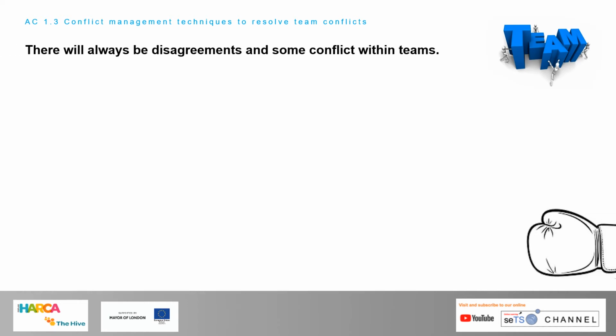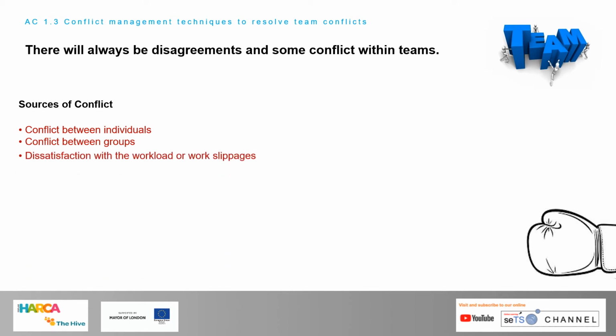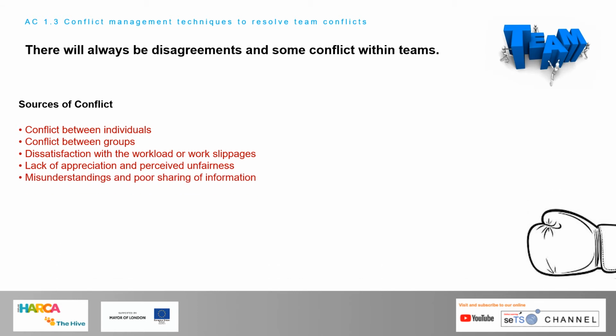There will always be disagreements and some conflicts within teams. Some sources of conflict: conflict between individuals, conflict between groups, dissatisfaction with the workload or work slippages, lack of appreciation and perceived unfairness, misunderstandings and poor sharing of information, external problems that affect the team or individuals,